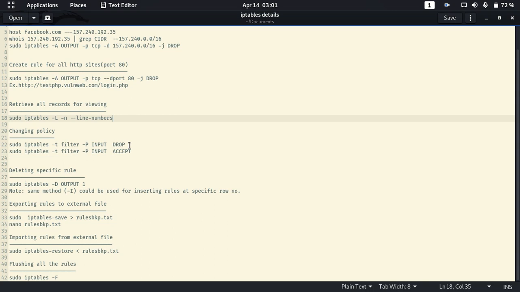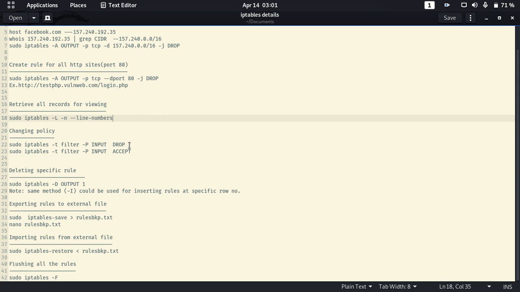So that means you are sure about what IP addresses or what conditions have to be met to access the particular packets. In that case, you will change the policy to DROP. But let's say it should accept all the time, but you know which conditions, IP addresses or machines are to be avoided. In that case, you will make the chain rules with the DROP condition, but the policy will be ACCEPT. That means by default everything will be accepted, but if any of the blocking rules is met, those packets will be dropped.